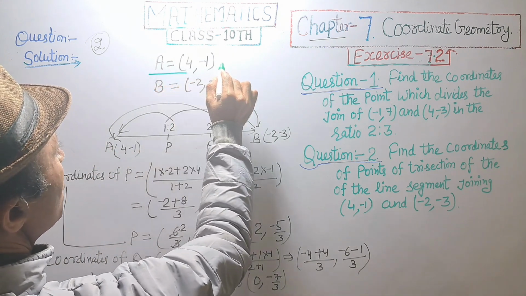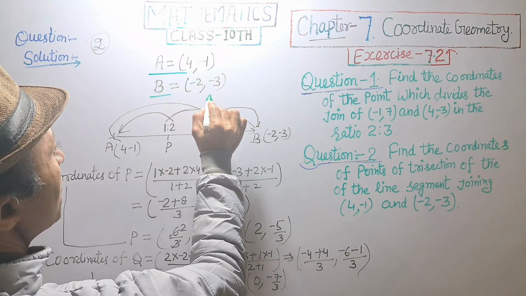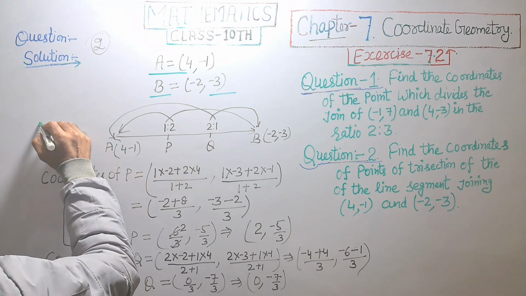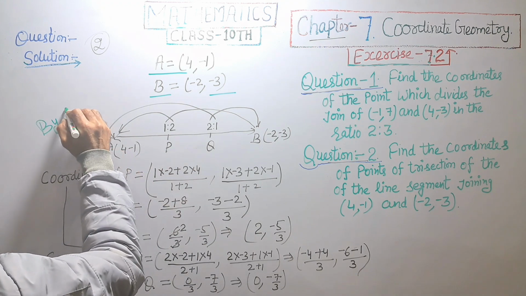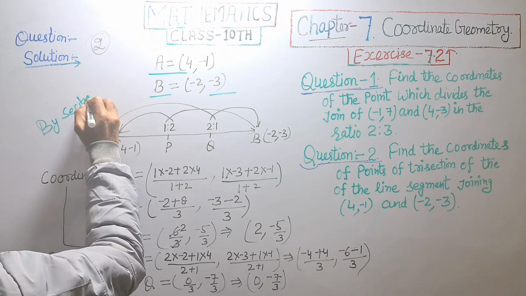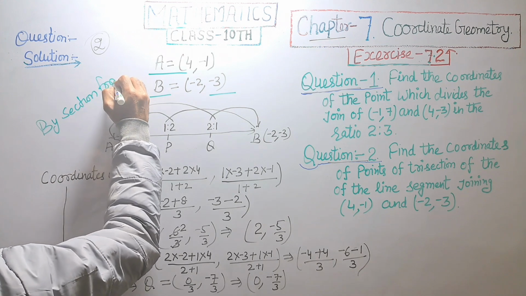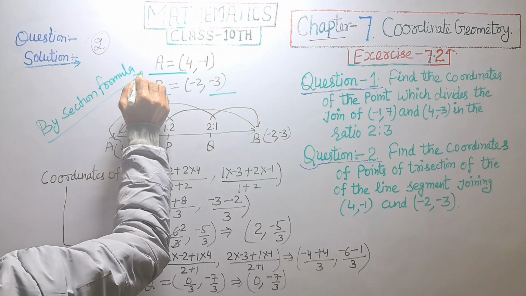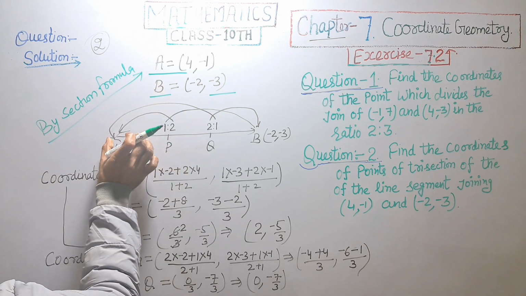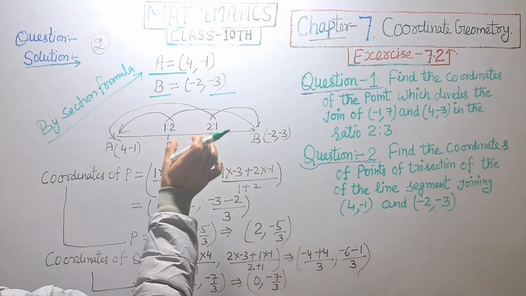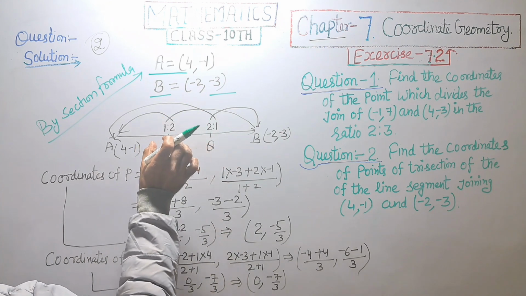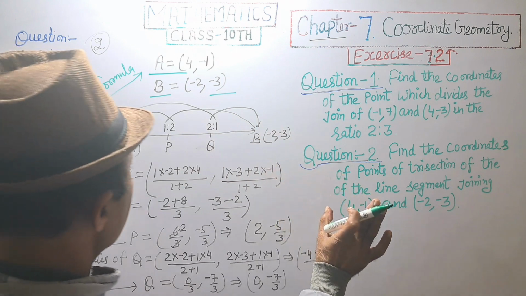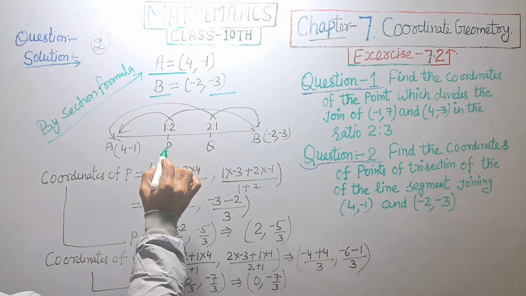Given A is equal to 4, minus 1, B is equal to minus 2, minus 3, and by section formula, using bisection formula, draw a line AB and it divides into 3 equal parts: AP, PQ and QB. And first of all, we find the